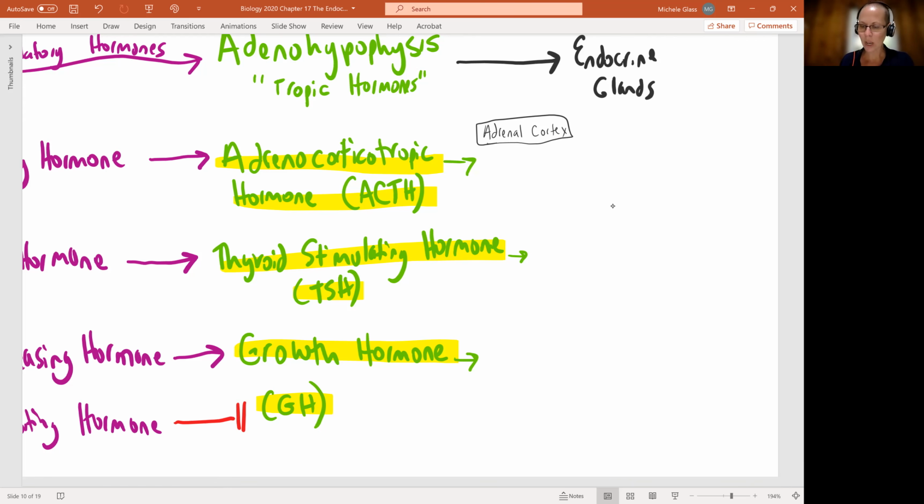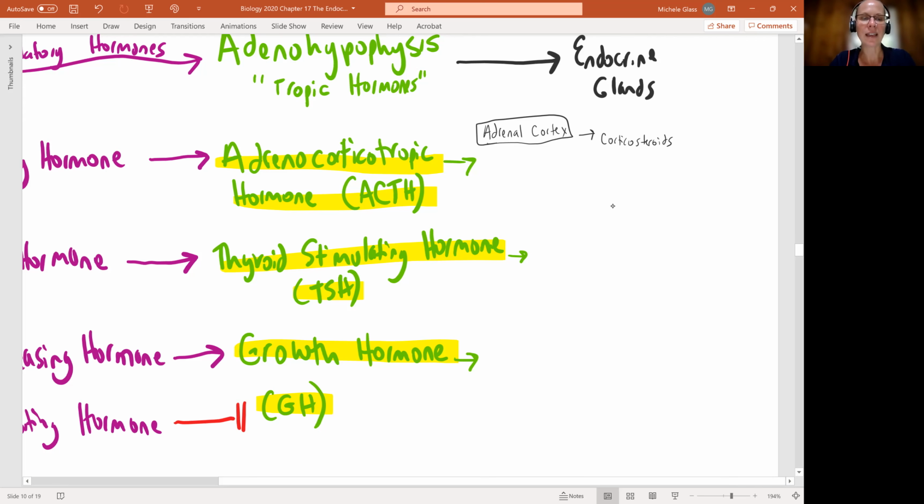We're going to be talking more about the adrenal cortex in its own video. So what we'll just say right here is we're going to get what are called corticosteroids being produced as a result of our adrenocorticotropic hormone. So we're basically turning on the adrenal cortex, and we're going to get a collective group of hormones referred to as corticosteroids. They're steroids, they're part of that lipid-derived group.